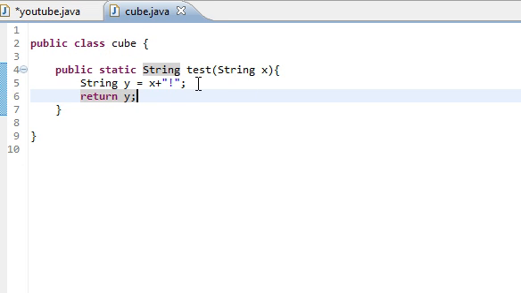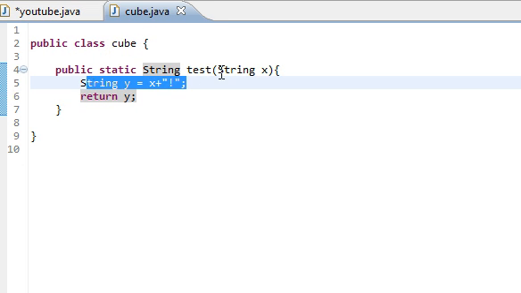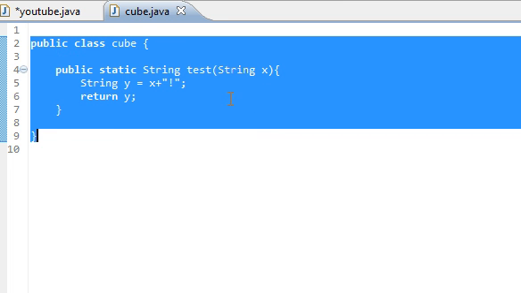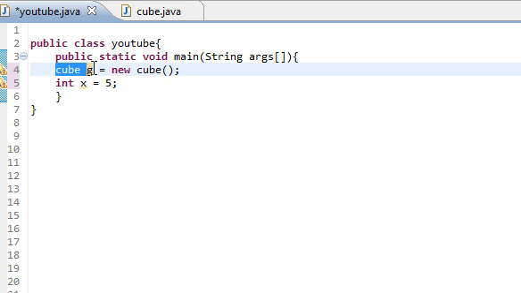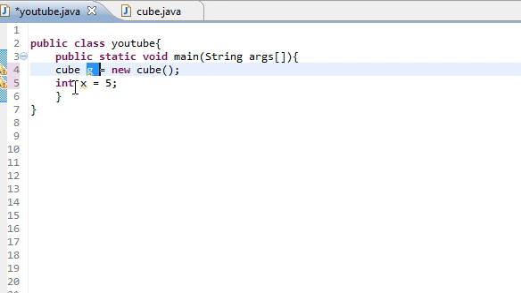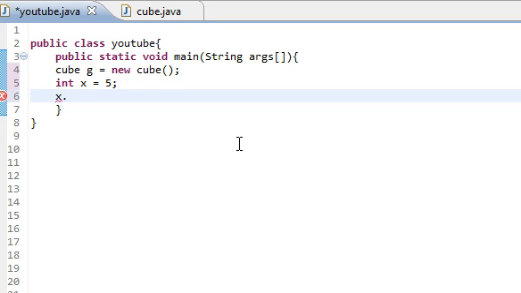But anyways, now we can use any of the methods defined in the class cube on our cube object. So the object g has inherited all the methods from the cube data type, which turns out there's only one, which is test. However, for integer, we also have different things that we can do. If we do x dot, and Eclipse kind of